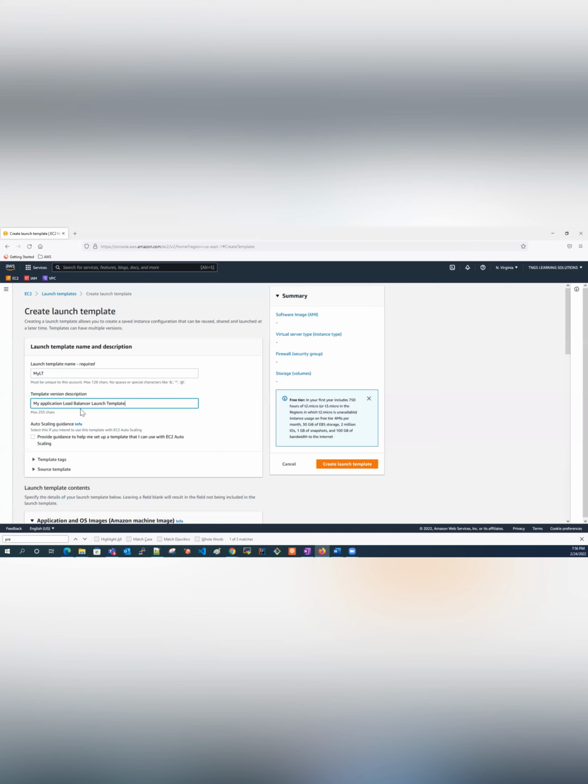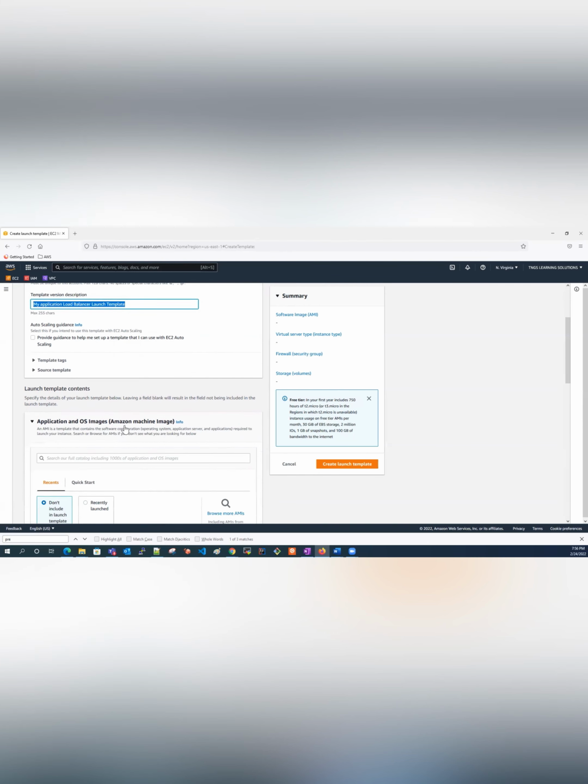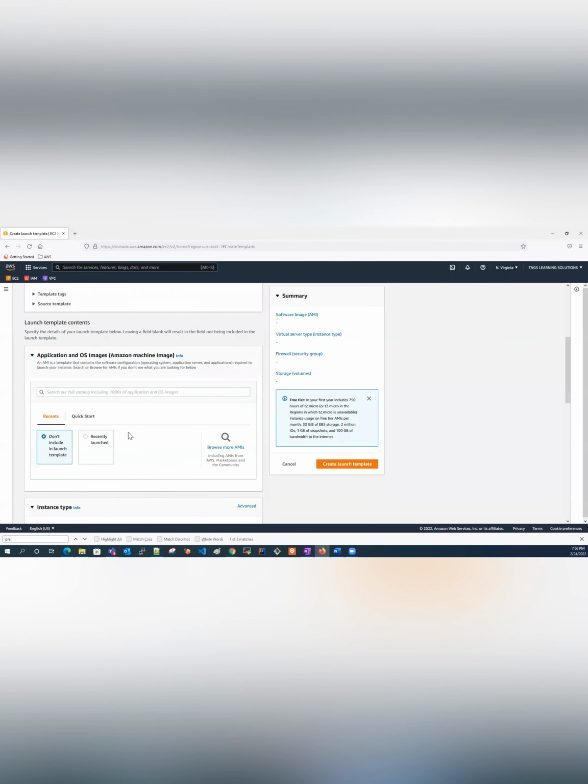My application load balancer launch template, all right? I'm giving it a description. Description is something that you remember what you're creating, right? I'm putting a memo for myself or for anyone else that needs to come and access this thing, all right? Okay. Next thing I want to do is I'm going to click on quick start